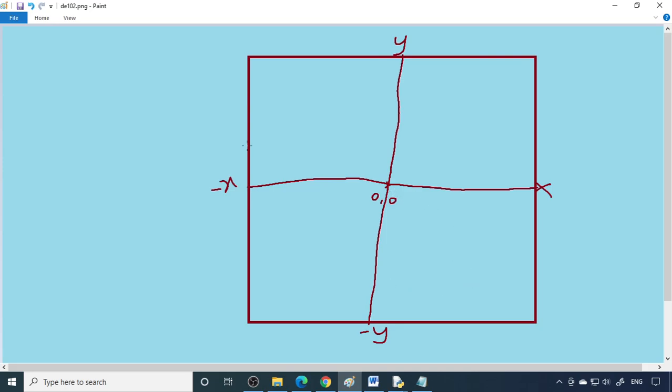Now let's say this point is 100 and here is 200. On this side this is minus 100, this is minus 200. Again this is minus 100, this is minus 200. Now this is 100, this is 200, plus 200. So we have the x position, x is 100, so up to this, and minus 200. Therefore this point is minus 200.